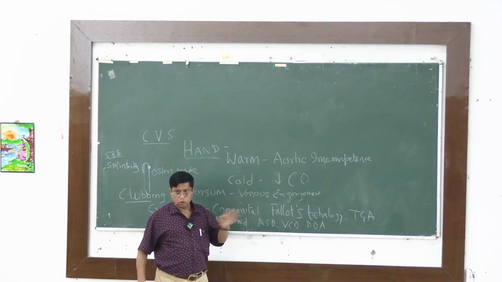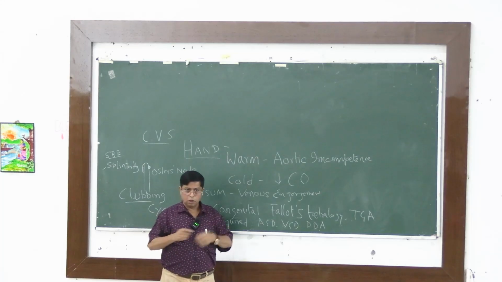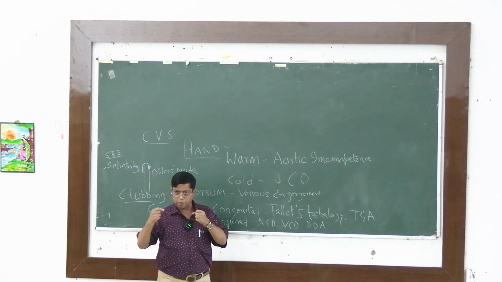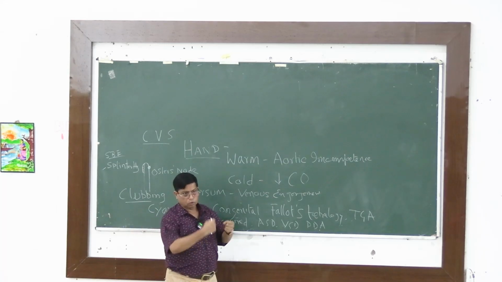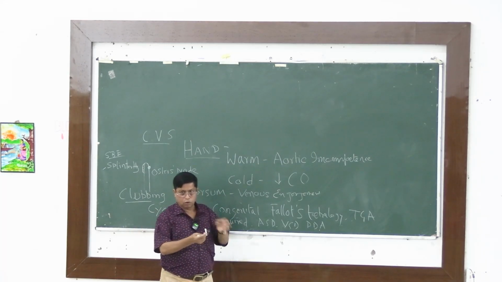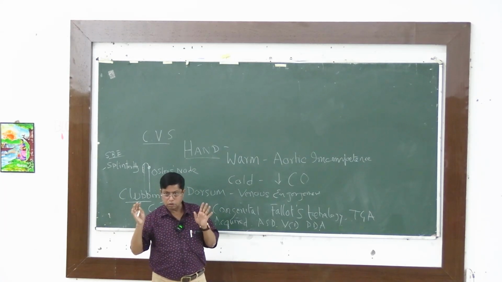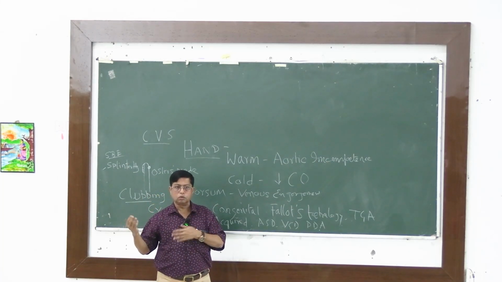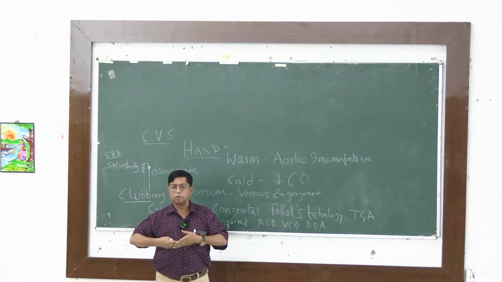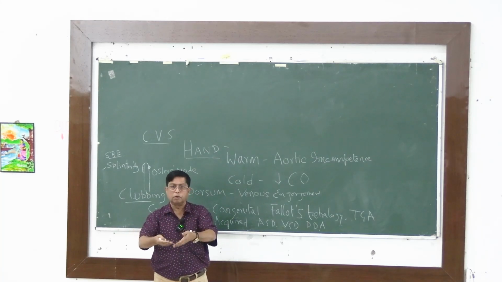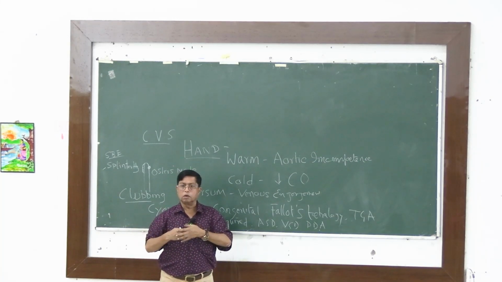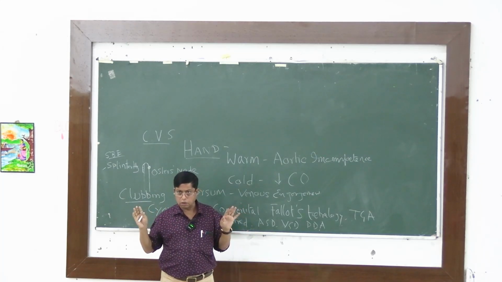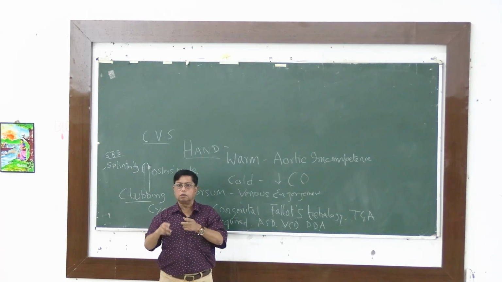All these conditions will not cause cyanosis, because, as you know, the left ventricle has a thick myocardium and high pressure. So always left ventricular blood will go to the right ventricle. Right ventricular blood will not come to the left ventricle. So there should not be any cyanosis. Similarly in ASD, similarly in PDA, because aortic pressure is much higher than pulmonary pressure, aortic blood will go to the pulmonary artery. Pulmonary blood will not get a chance to come to the aorta. So ASD, VSD, PDA should not cause cyanosis unless there is a mixing of blood,